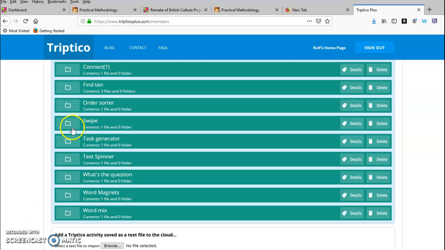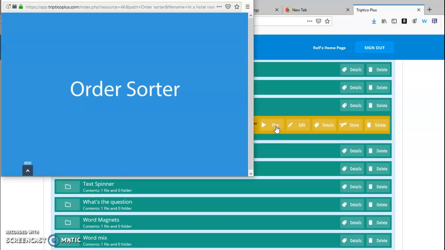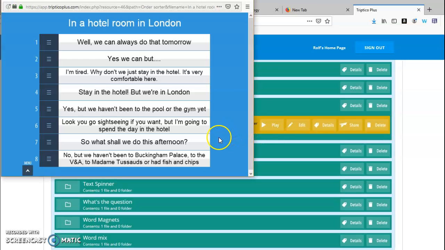Next tool we're going to look at is Order Sorter. It basically means you put a series of sentences into the correct order, so it's very useful for building a dialogue, for example. So let's have a look at this one. This is a dialogue which takes place in a hotel room in London. Now this is one of the tools which allows you to add a check button, a self-check button. To do so,